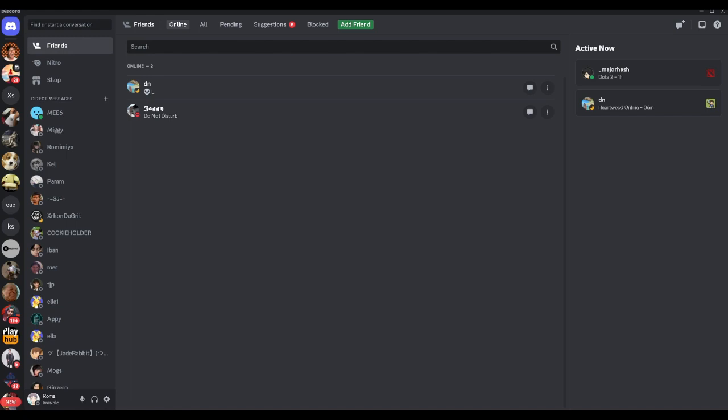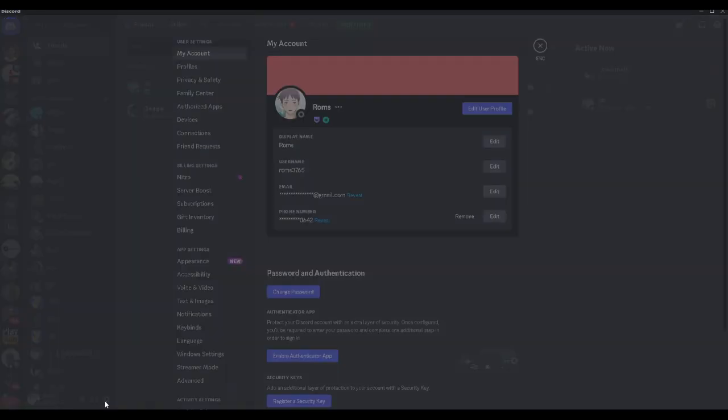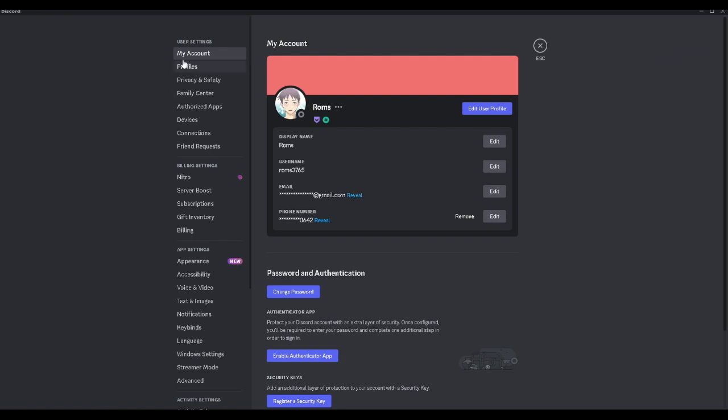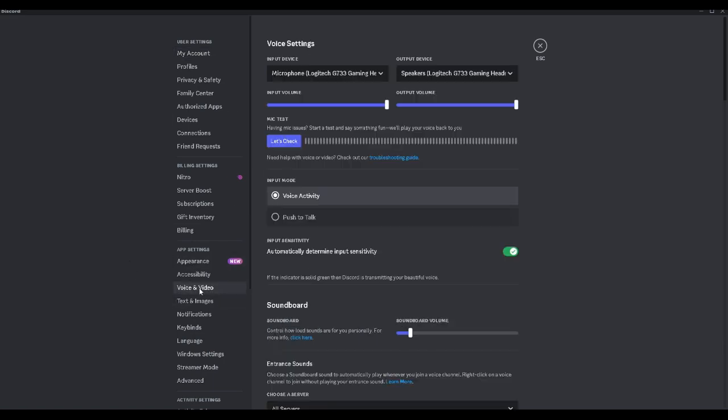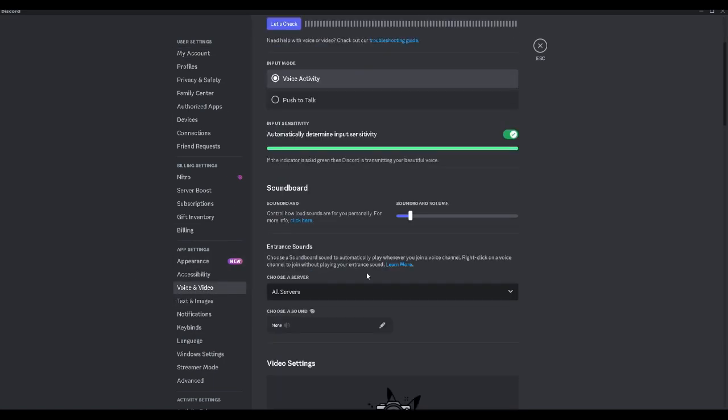So let's get started. First, open your Discord app, and from here hover over your profile and select User Settings. Now you will see plenty of different settings and options right here. What you want to do is go to Voice and Video and just scroll down